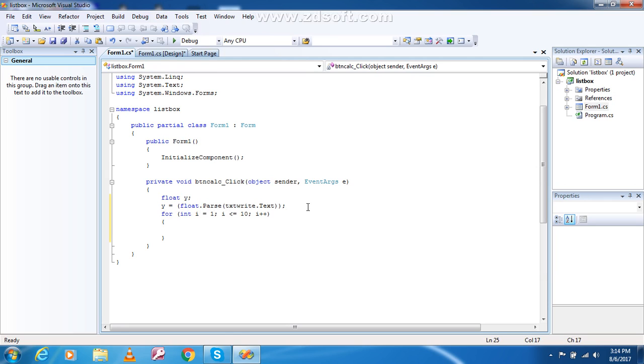You can also take from 10, 15, 11 or any number. If you want a bigger table from 1 to 50, you can take 1 to 50. It means it will give the calculation of a particular number till 50. So now what we will do, guys, is that in the C language, when we enter a number in the command box, say 3,